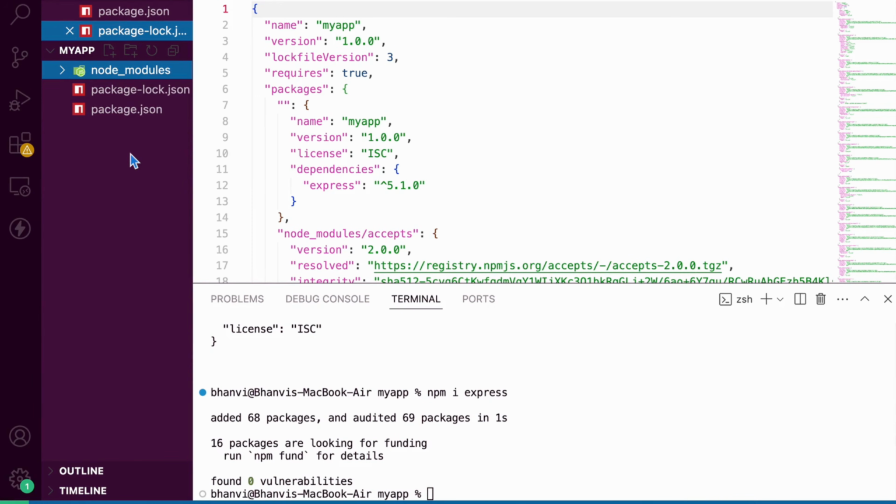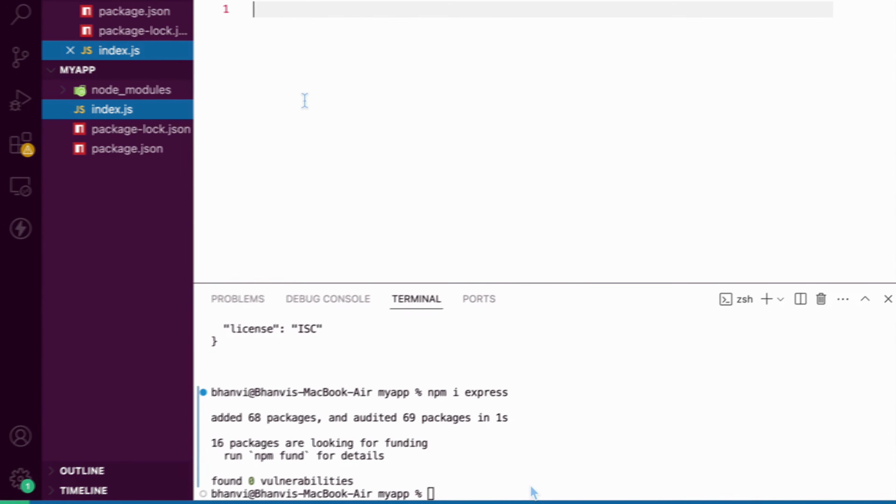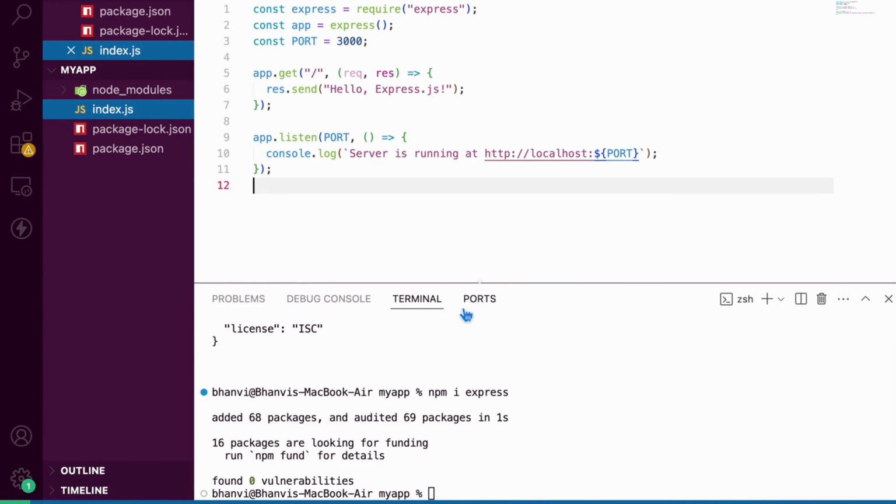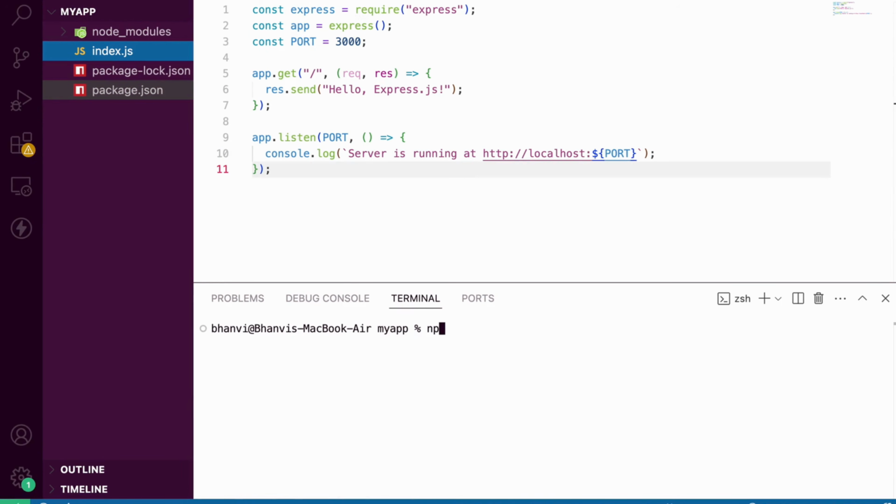Now let's write our first Express server. Create a file called index.js and add the following code. Let me quickly explain. We import Express, create an app, set a port number, define a route for slash, which returns Hello Express.js. Finally, we listen on that port. Now run this command in your terminal, npm start.